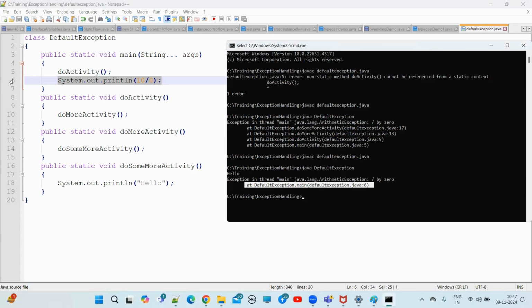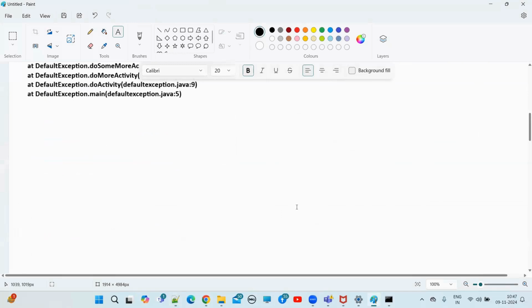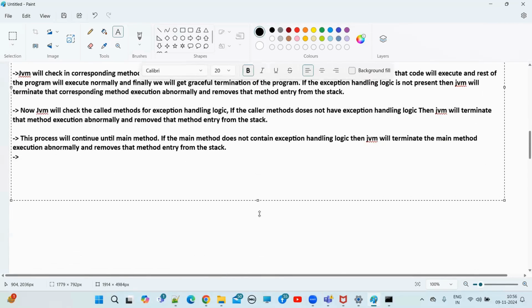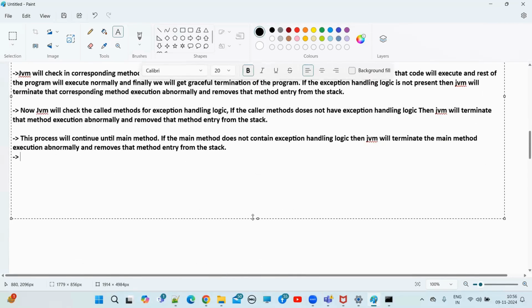Clear everyone? Hope you people understood what the runtime stack trace is, and how we get exception object information in the console, what abnormal termination is, and everything. What is the next point? Finally,